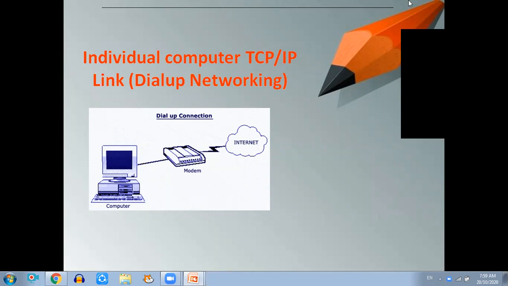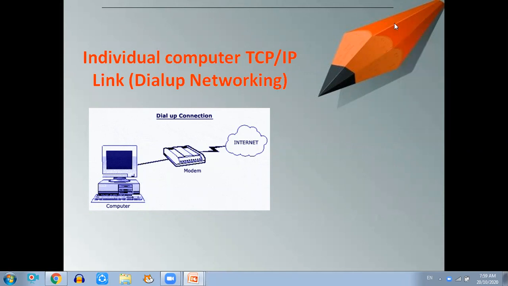This connection also has some advantages. It is suitable for homes, as a single PC can be easily connected to the internet using a modem and telephone line. For personal use, an individual connection, it is good. Using an ISDN line, the internet access becomes cheaper and faster.